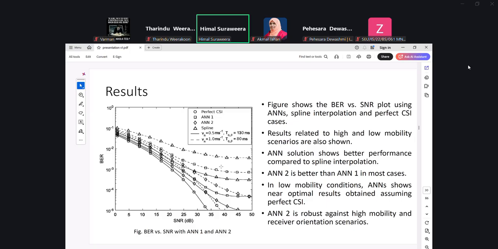You can see that our ANN-based solutions, under various user velocities as well as under different orientations, are capable of lowering the bit error rate, because the lower the bit error rate, the better the system performance. So anyway, this is one application of machine learning in wireless systems.